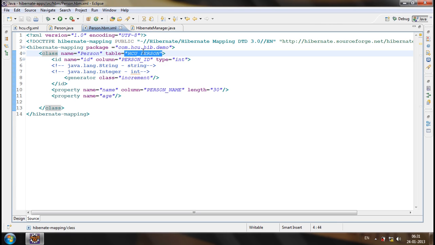By default, the name of that particular element will be taken as a reference. Let's consider the class tag: the name of the class will by default be taken as the table name. If we explicitly specify the table, then that table will be taken. In the same way for property, if we explicitly specify the column, then that column will be taken. Otherwise, by default, the column name will be taken from the name attribute itself. Here I did not specify any column. In the database I'll